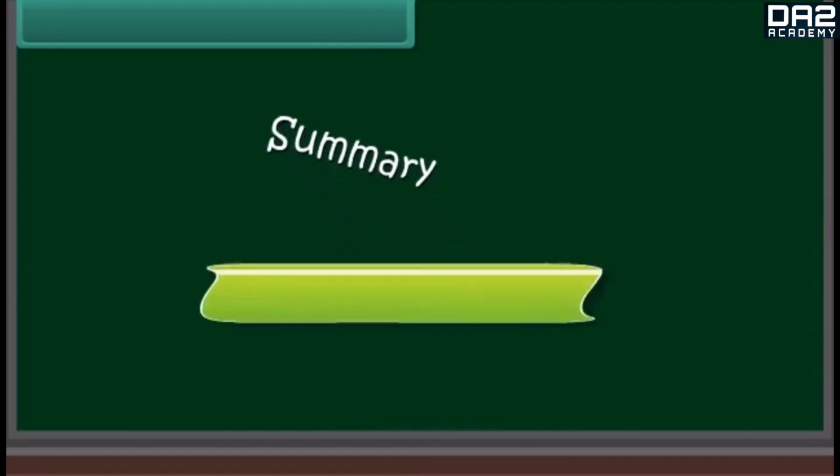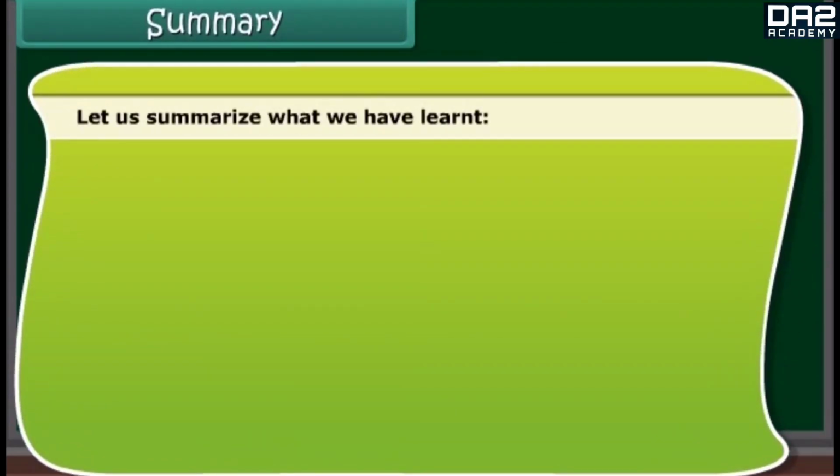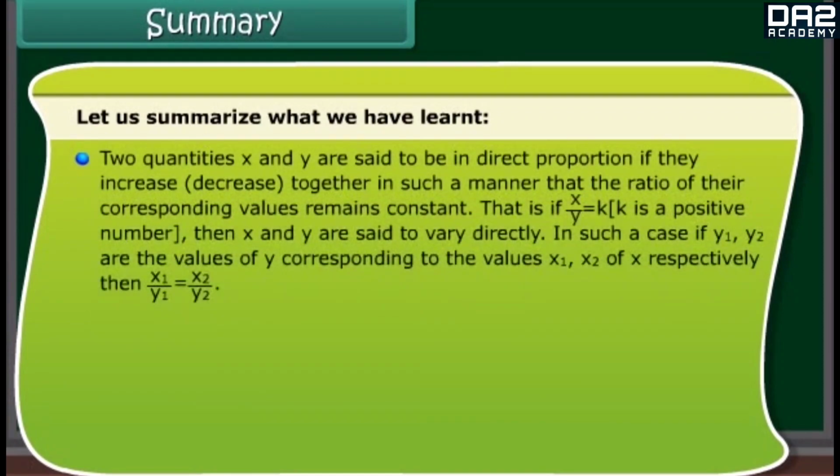Summary. Let us summarize what we have learned. Two quantities x and y are said to be in direct proportion if they increase or decrease together in such a manner that the ratio of their corresponding values remains constant. That is, if x upon y is equal to k, a positive number, then x and y are said to vary directly. In such a case, if y1 and y2 are the values of y corresponding to the values x1, x2 of x respectively, then x1 upon y1 is equal to x2